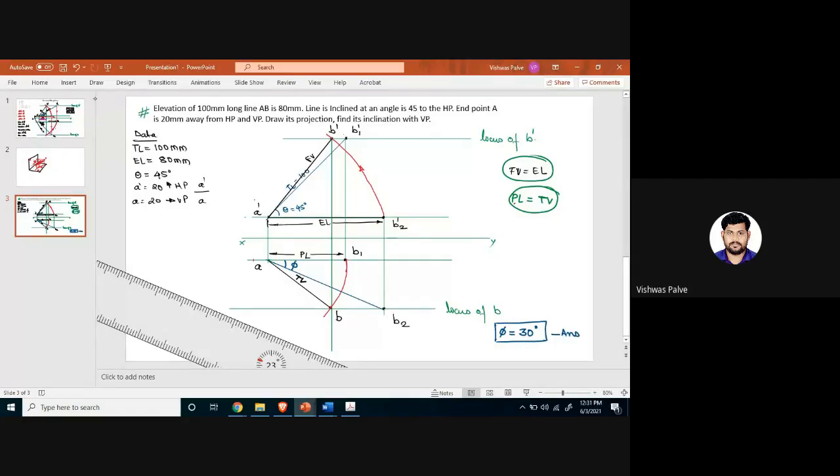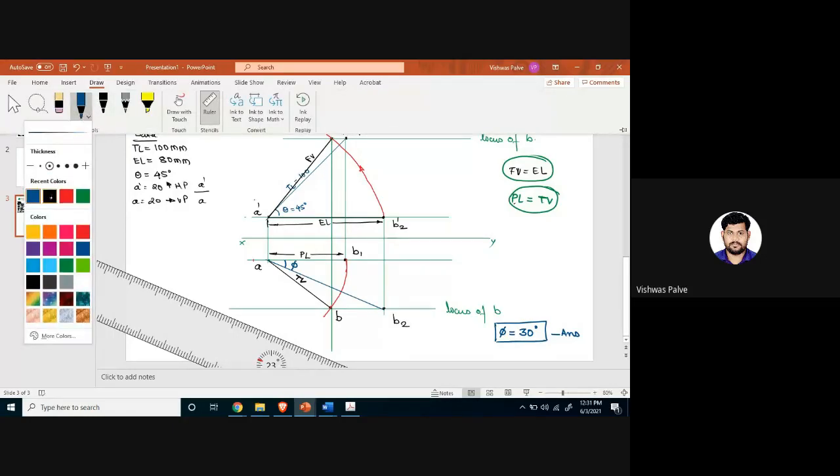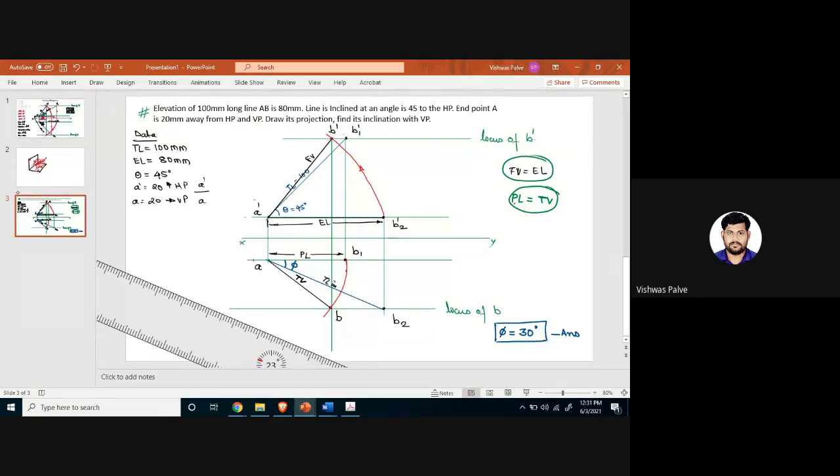Okay. Now in this, I can write a few things. No need to write anything in the question. The solution is completed now. Just I'll write here true length in top view. This is my true length. This inclination with top view. What is the inclination with top view? It is beta. Inclination of front view, what is that angle called as? Alpha. All right. So this was the solution for the problem. Any difficulty in this? No, sir. Okay. I will take next problem.